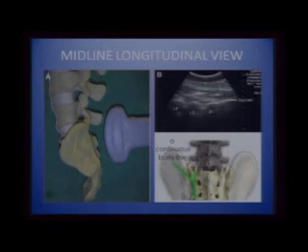So this is the spine over there: the sacrum, L5, L4. These are the intervertebral discs. And this is the curved low-frequency transducer that is applied in the midline over the sacrum and the L5 spinous process. As you see here, the continuous line of bone is the sacrum. Then there is a dip there, which is the S1, L5 interspace. Then there is a small hump which is formed by the spinous process, another dip, which is the L5, L4 interspace, and then another small hump, which is